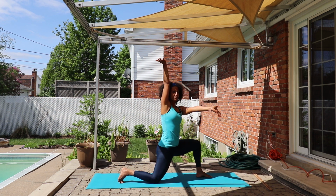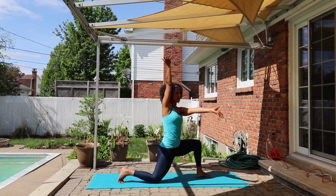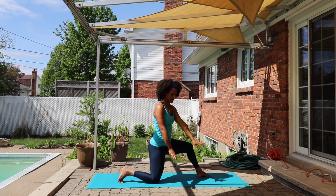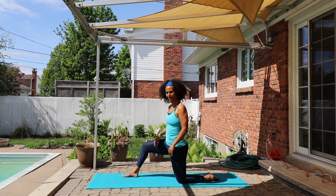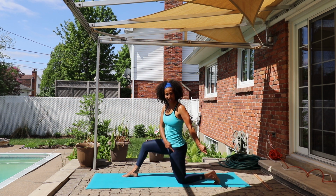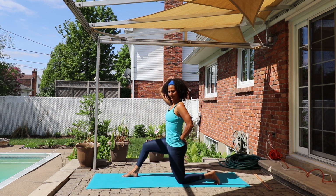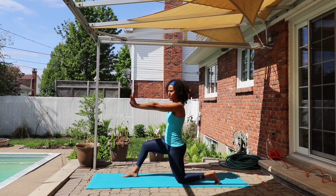Another 2, getting taller, tucking that tail in, and 1, and down, and release. Other side, same thing. Right leg forward, left leg back, tuck the toes under, push the heel out. From here, send that tail under, crown of the head pushes up to the ceiling, push the hands away, protract,